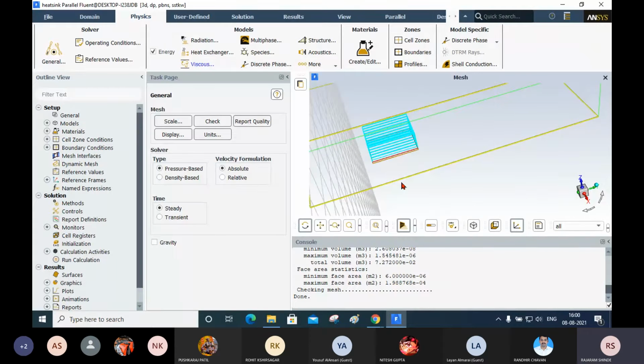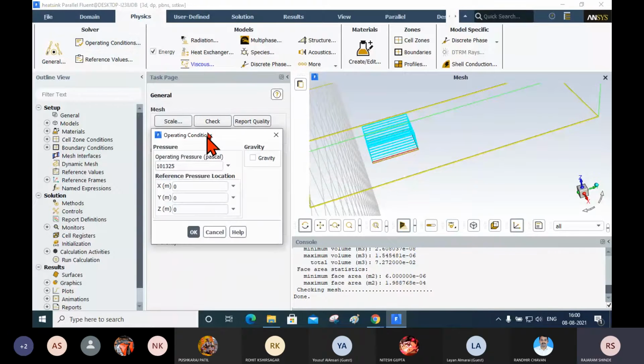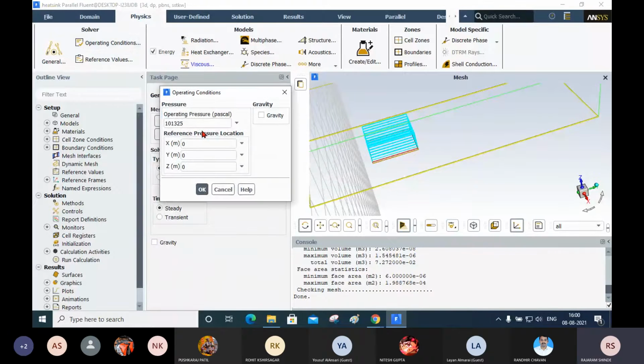Okay. Next, I will go to the setting of the operating conditions. Now I will click on operating conditions. Now in operating conditions, you see here, I will keep the operating pressure as it is.